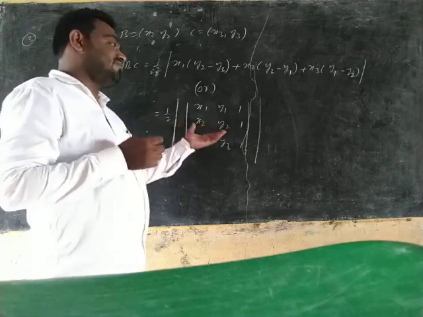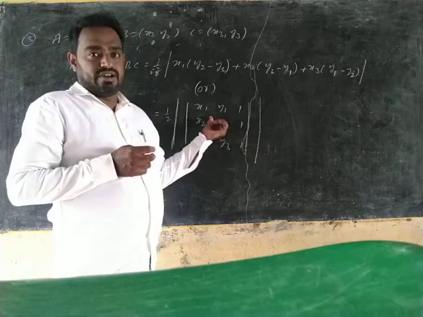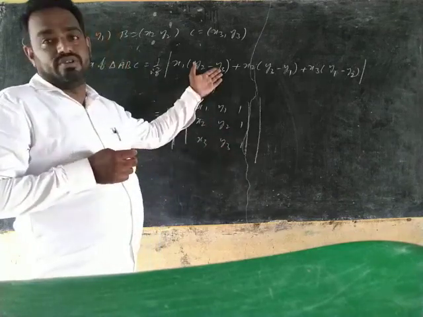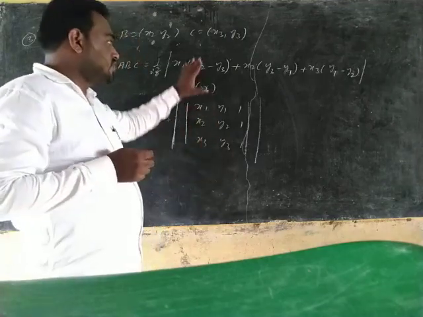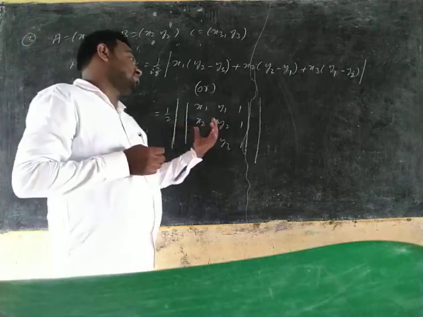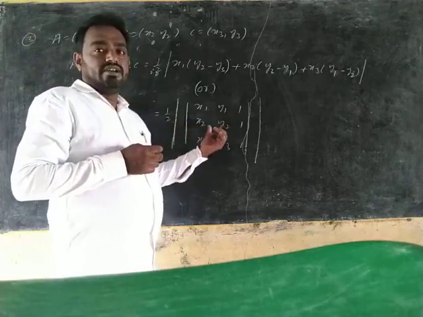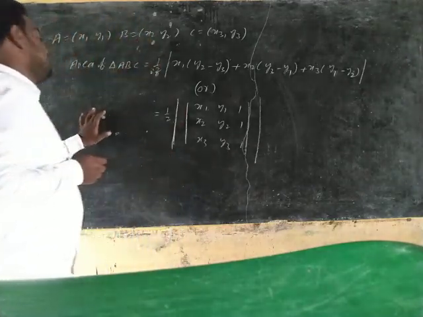Maximum we use this formula in PU level. The earlier one we use in school level only. If you use this one also, we get the same value. Just remember this formula and this one also. I will explain this in the chapter on matrices and determinants. Okay. Next, this is the area of the triangle formula.